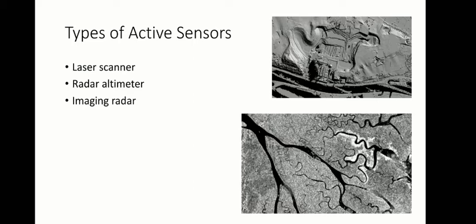Now, radar altimetry. Radar altimeters are used to measure the topographic profile parallel to the satellite orbit. They provide profiles, that is, single lines of measurements, rather than image data. Radar altimeters operate in the range of 1 to 6 cm domain and are able to determine the height with a precision of 2 to 4 cm.